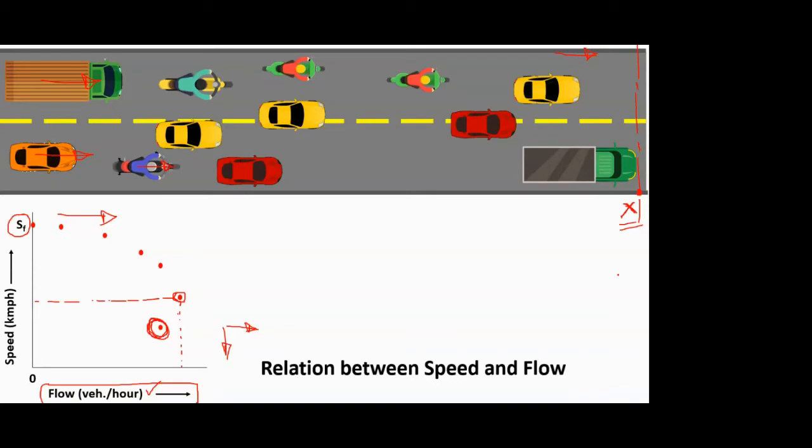Because again, go back to the definition of traffic flow. What I had said is that traffic flow is the number of vehicles passing a particular point within a particular time interval. So they have to pass that point of observation in order to be counted into the flow. But as the traffic goes on increasing, the speed goes on decreasing. So the number of vehicles that would have been passing the point X that we are considering would have been more when there were fewer vehicles. But as the vehicles go on increasing, the speed reduces, that's why fewer vehicles pass the point. They are there in the system.